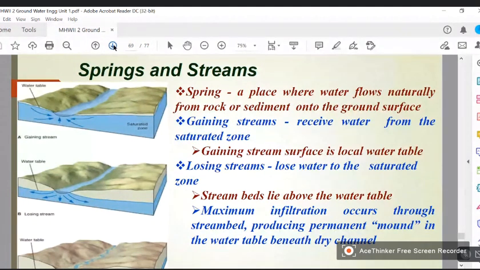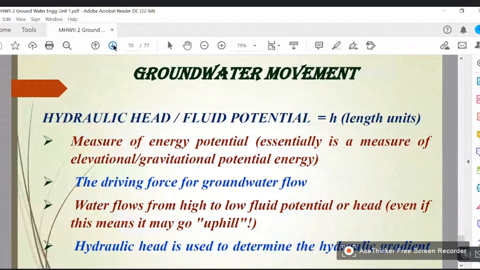Now let us consider the groundwater movement. Now, when the flow is taking place from groundwater, just similar to the pipe flow, in pipe flow, at one point there will be a certain pressure P1. At certain other point there will be a pressure P2. So the hydraulic gradient line is defined as P1 minus P2 divided by the length. So P1 is written as gamma times H1, where H1 is the piezometric head. So that means if I have a pipe,